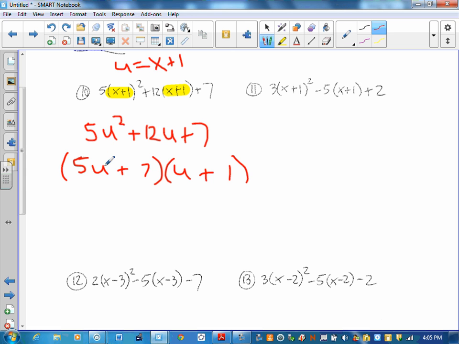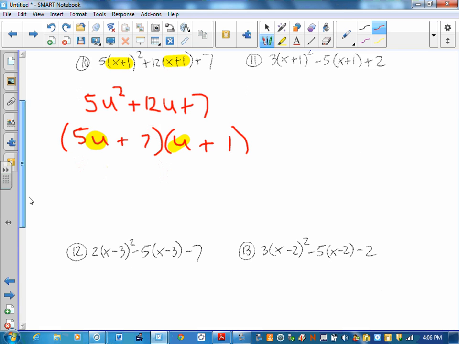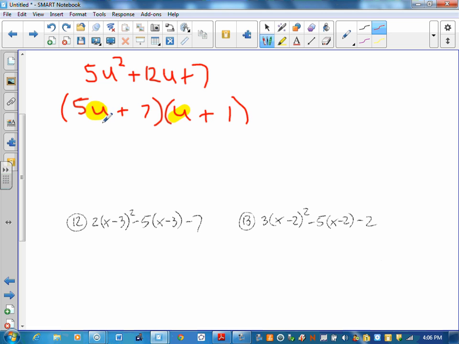U is X plus 1. So wherever there's a U, I'm going to put an X plus 1. Let me highlight that with some yellow. So there it is, and there it is. X plus 1's going back into those spots. So pen and red, here we go. Where there's the U, I'm going to put in X plus 1. Now make sure you have parentheses here, so it's 5 times all of U, which is X plus 1, and then plus 7,